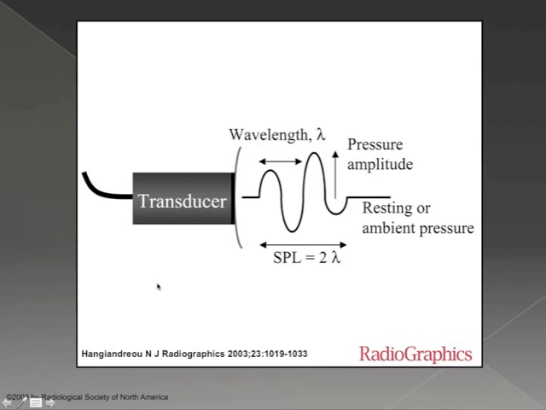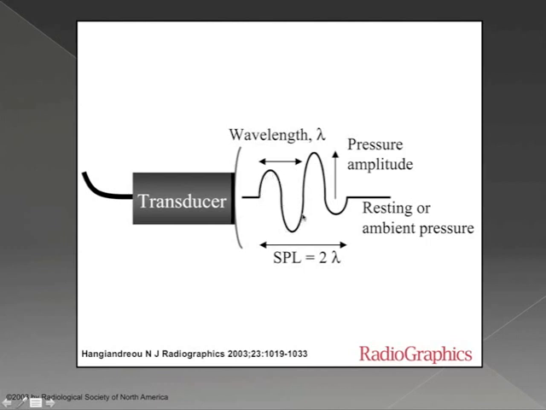If we take that sine wave and transfer it into a diagram with a patient and a transducer, you can see that the transducer is over here on the side. This line over here indicates the patient's skin surface, and you can see the sine wave coming out of the transducer as it's emitted. The wavelength is an important characteristic to remember, and that is the distance that it takes